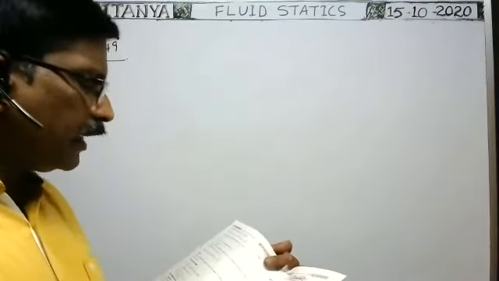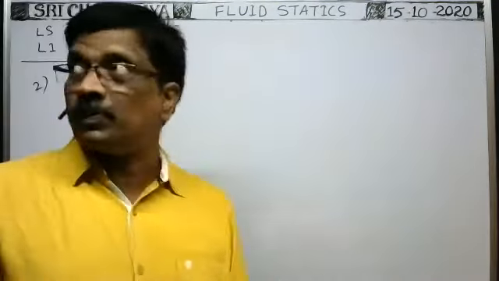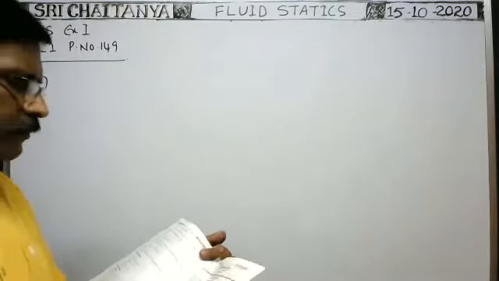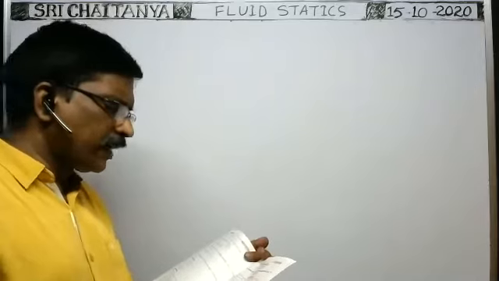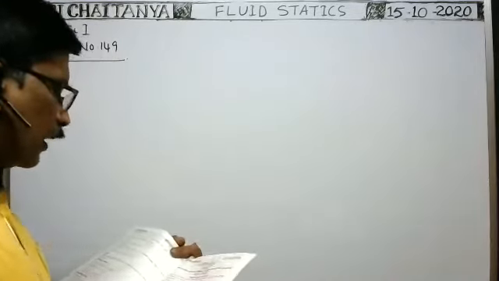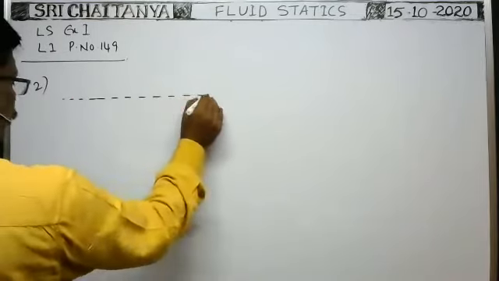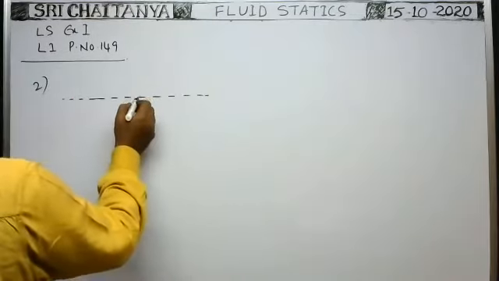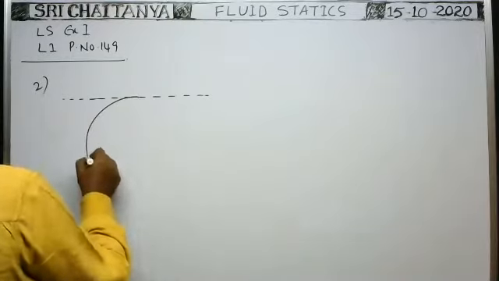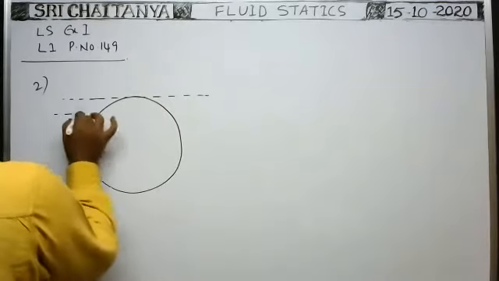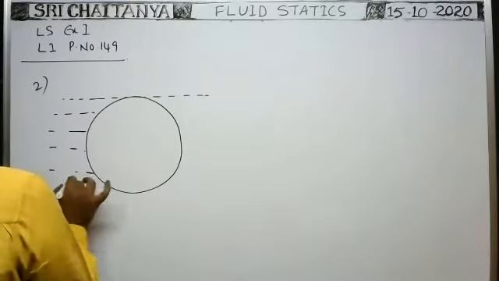A sphere of solid material of specific gravity 8 has a concentric spherical cavity and it just sinks in water. It's a very, very important problem. Here, suppose this is the surface of the water. The sphere just submerges in the water like this. Totally it is the sphere, and it is the water.